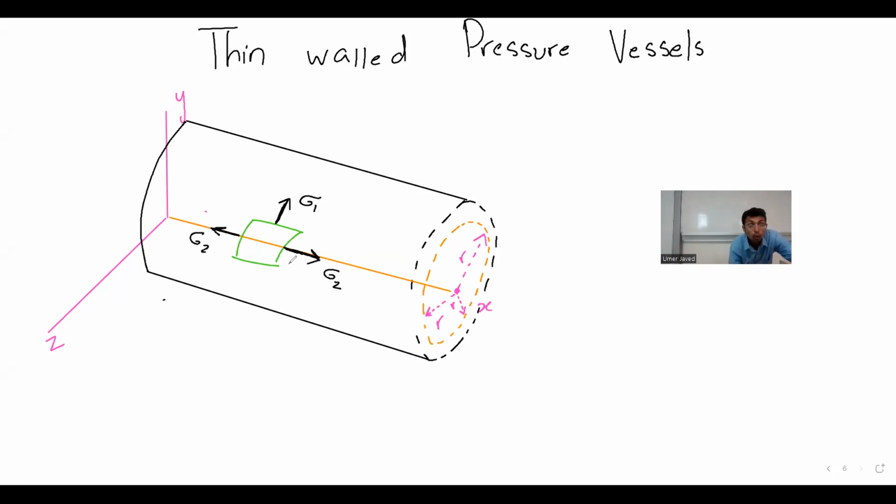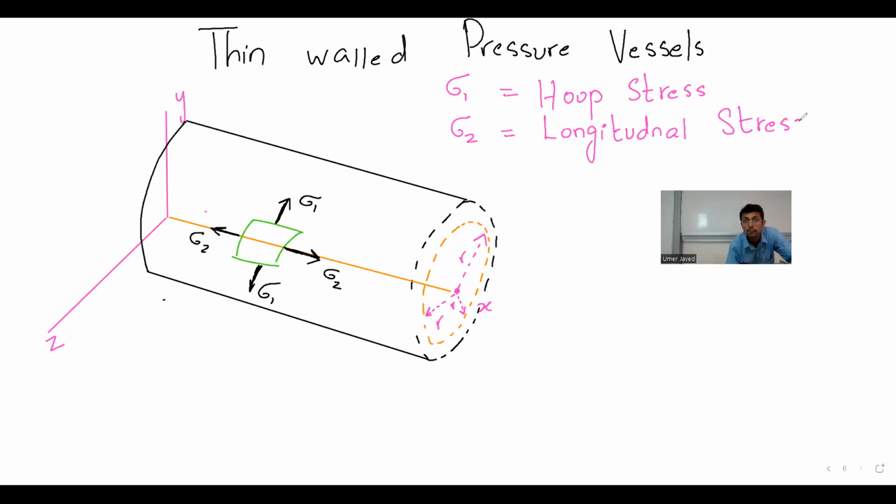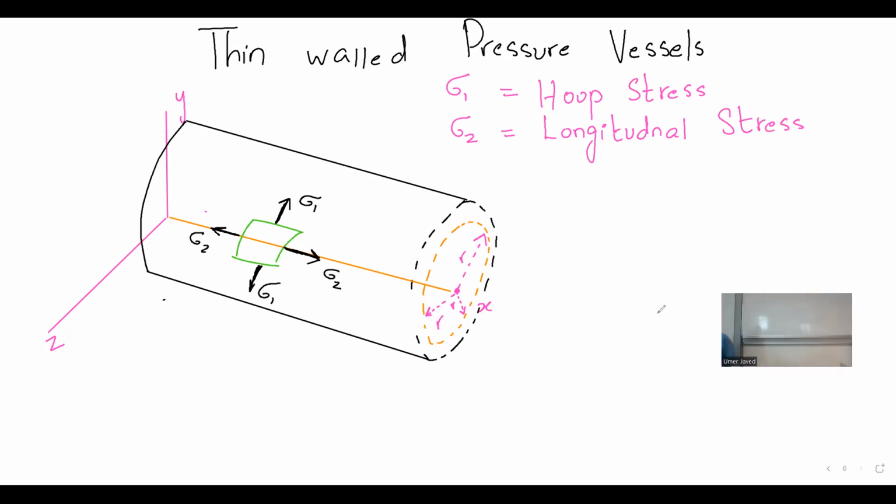Anyone who tells me, what do you remember from 1 and 2? The principal stresses, right? So remember that these are indeed principal stresses. I will call stress 1 the hoop stress, and I will call stress 2 the longitudinal stress. One is along the longitudinal axis, and the hoop stress is, so for example, if you have